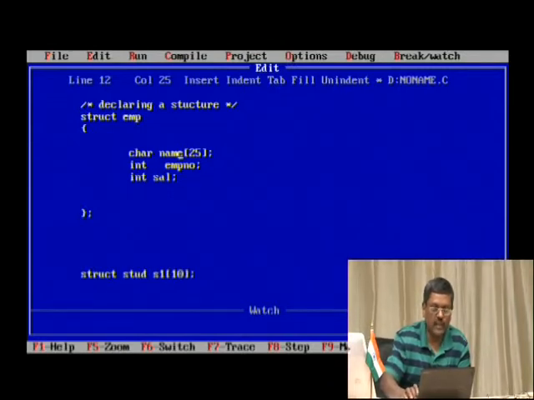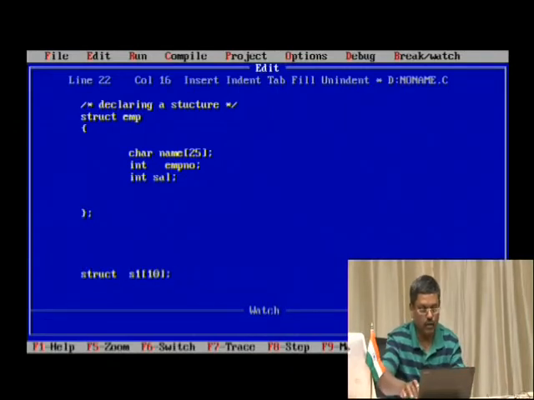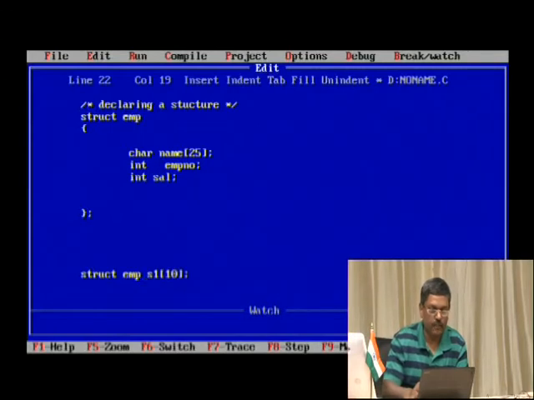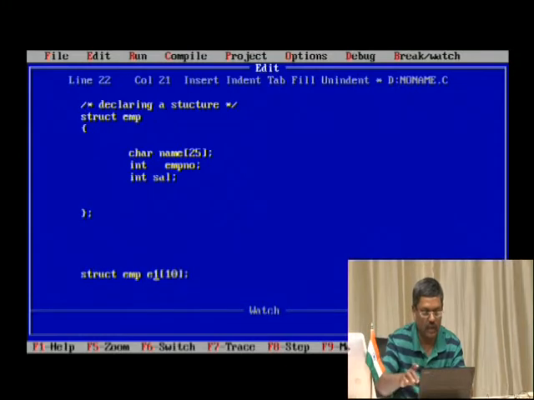Name of the employee, I have created an array of 25 characters, and then number obviously should be integer, and salary also I don't want in decimal places, I want only the whole number, so I am declaring the salary as integer. So the name of the structure is employee, EMP, and then I can simply declare, say, E1.